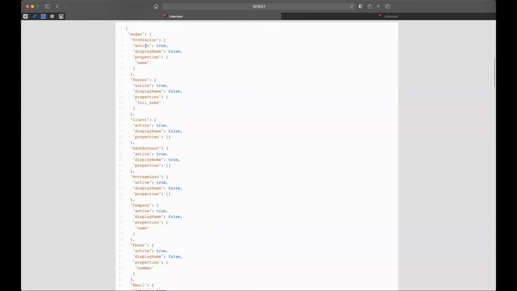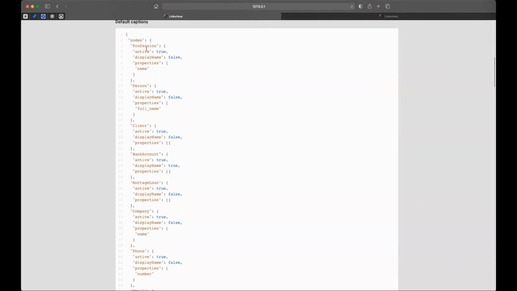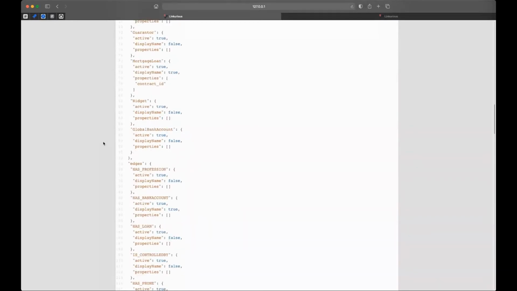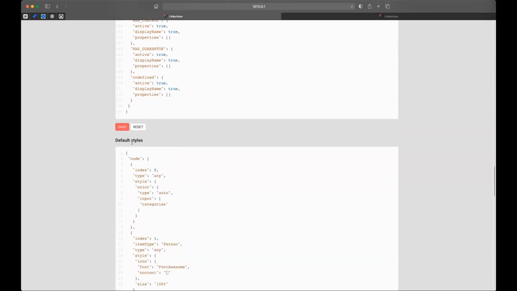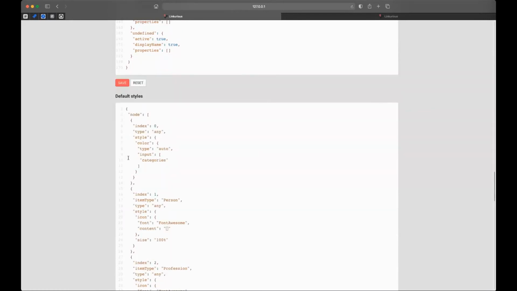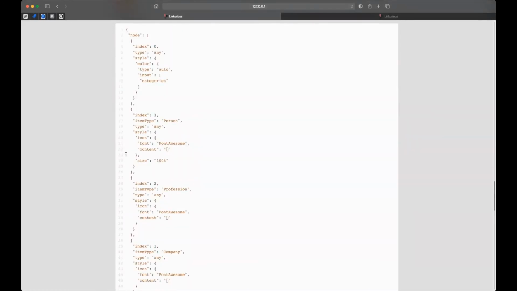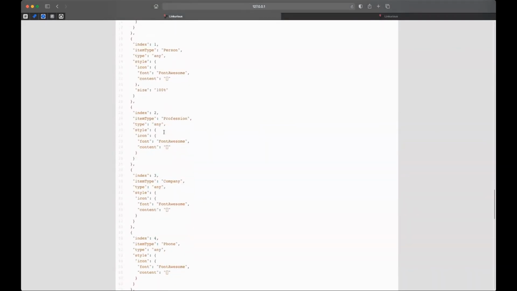So the fastest way for building this kind of JSON file is for sure to do this from the user interface in order to build a skeleton of your final styling visualization style. And then from here, you can fine-tune all the configuration and add more rules. If we go down, we have the default style field. And here we have all the rules that have been automatically generated from the Linkurious Enterprise user interface for every single node category